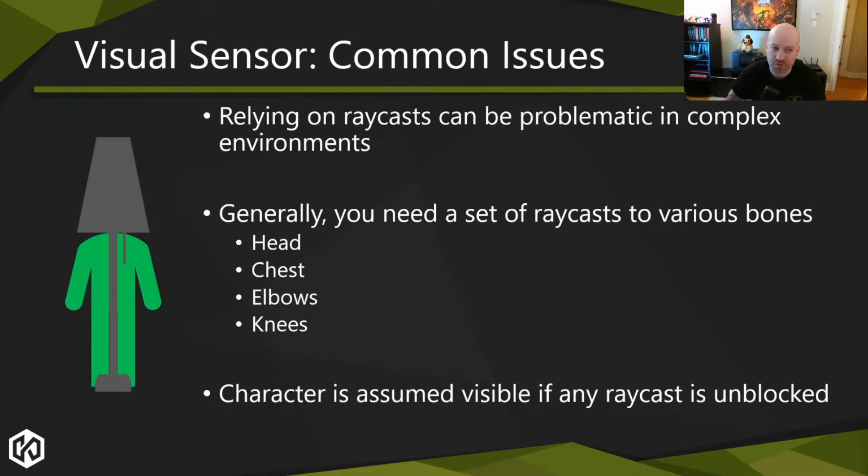Now, where we have issues is stuff like this, where a character is partially occluded. They're behind a lamppost, or behind some piece of LD art that's been placed in the level. Technically they are visible, but if you do a simple raycast to the chest or something, it may be blocked. There were talks on how to do this properly. Generally, the most common approach is you raycast to a bunch of different bones on the character, and if any of those are unblocked, you treat that character as visible.